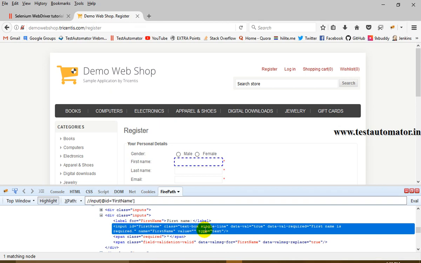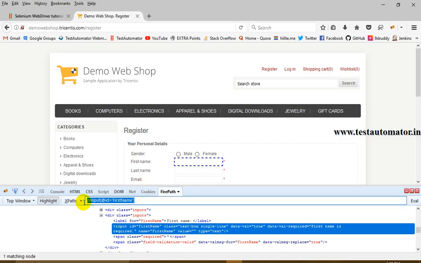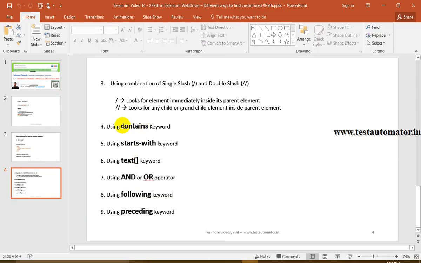Right, and if you click enter, then what it is showing is one matching node. So that means this particular XPath whatever I have entered is giving one matching node, this one, right? So this is how we can write a relative XPath. You can use any attribute and its respective value based on the tag name. Right, now along with this relative XPath, I can use various keywords like contains, starts with, text, and or operator,